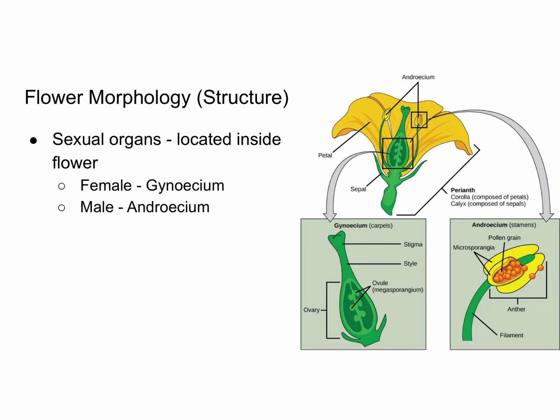The sexual organs, which are ultimately going to be making the gametophytes and then also making the seed, are located inside the flower. And as you recall, there are separate male and female parts. The female structure altogether is called the gynoecium. And think of gyno, think of gynecologist. The male structure is known as the androecium. And if you think of andro, you can think of things like androgens,